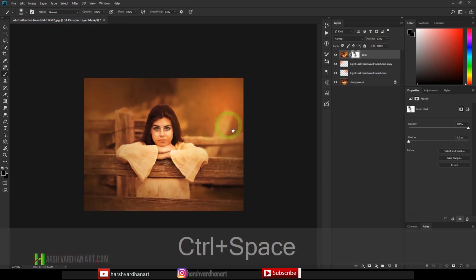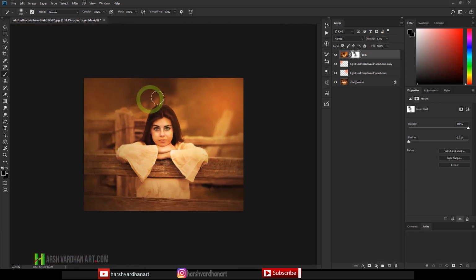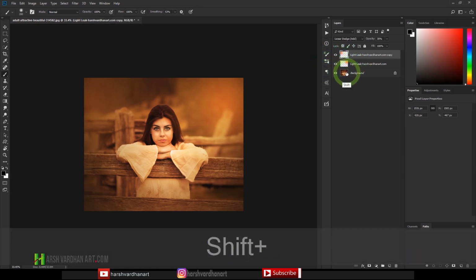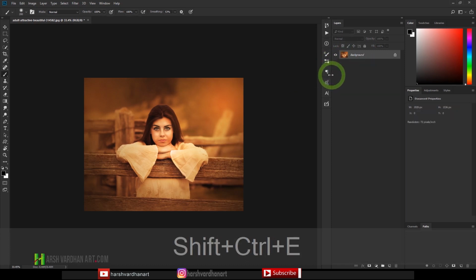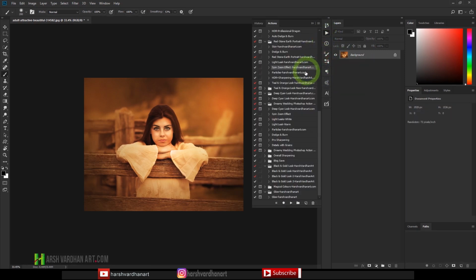For this purpose, this spin zoom effect is not looking good. Reason being that it doesn't have those plants or the trees or leaves in the background, but if you have those, this effect is going to look amazing. So for those kind of images you can use it, otherwise don't use it. So I'm going to delete it. I just wanted to show you how you can use it. So I'm going to delete it, merge all these layers, and then move on to the next action,